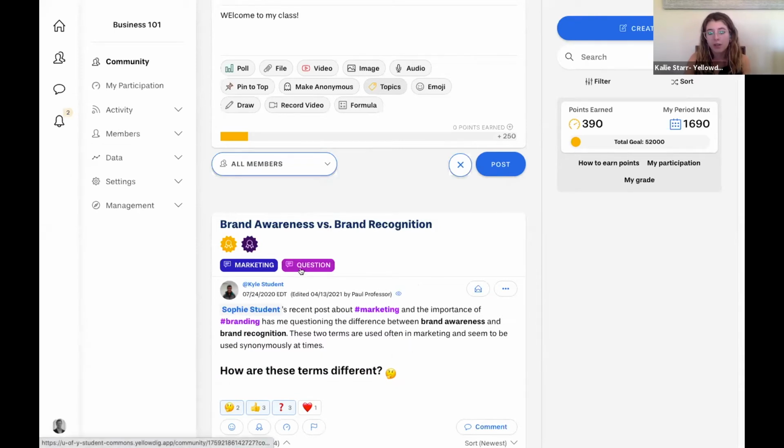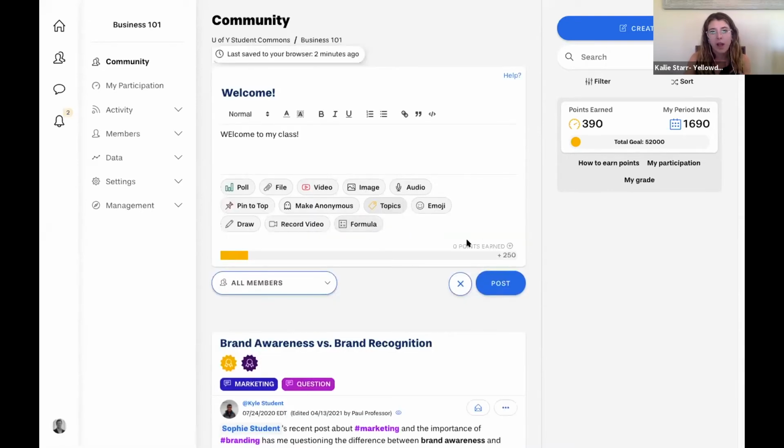You can actually filter by these topics. So maybe I want to filter by just the question topic and see what questions people have. That's something you can do as well. The topics also act as kind of a check. So I know there was a question earlier about